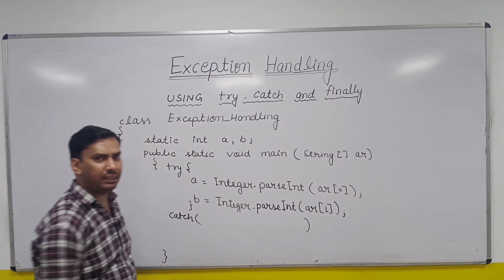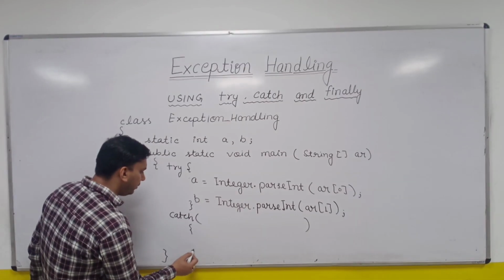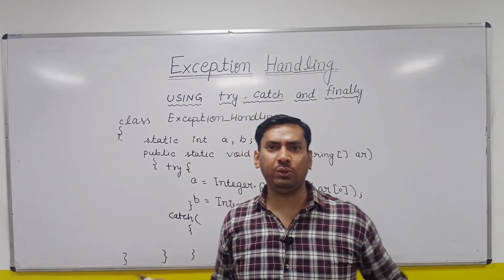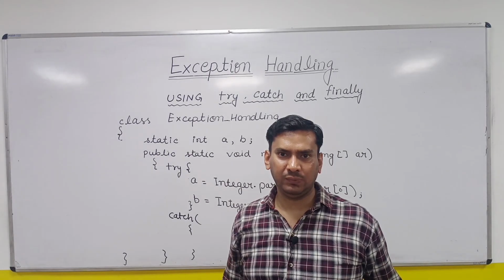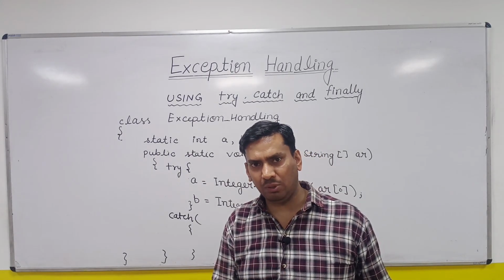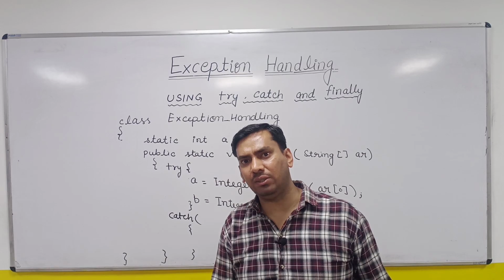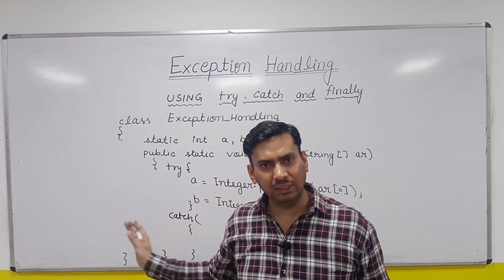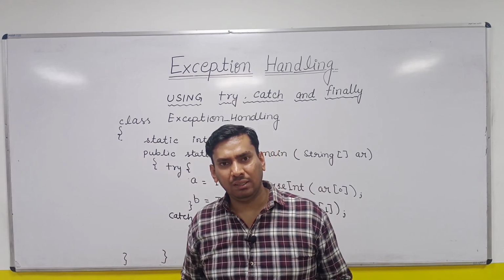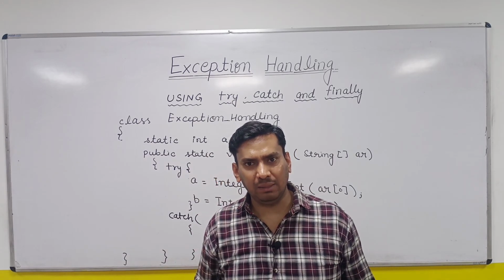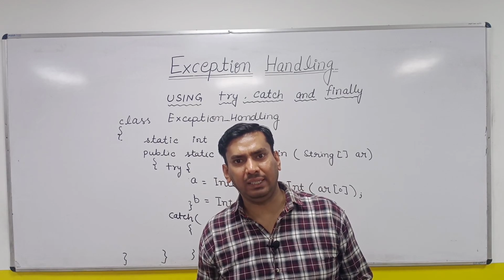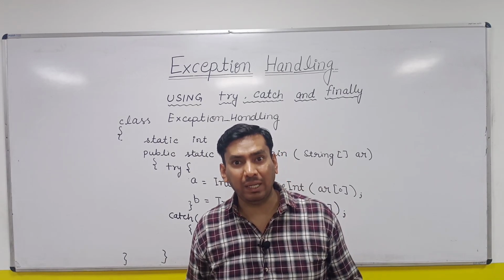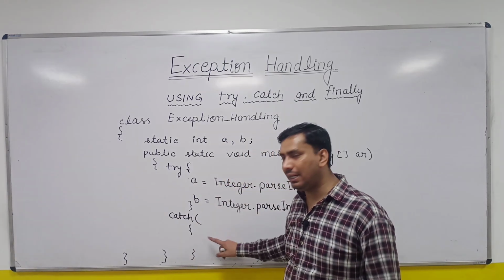Forget about what you are writing in the catch block, but what do you want to do here? Suppose an exception occurred. You understood the exception occurred, the catch block will execute. When will the catch block execute? If there is a problem in either the first input or the second input, then only the catch block should be executed. Like in an ATM, you went to the ATM, you entered a wrong pin, an incorrect pin. So it gives you another option to re-enter the pin. So that is the plan B. So in the catch block, I will be writing plan B.